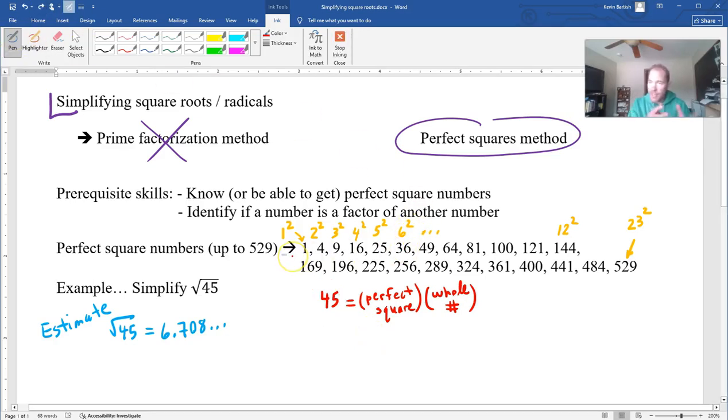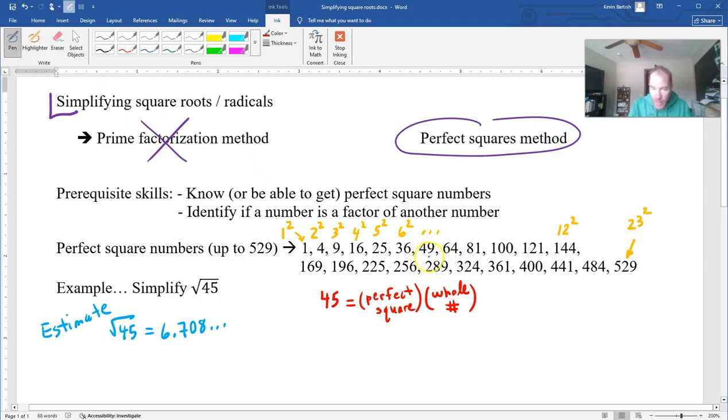So I look at my list of perfect squares, and now comes the other prerequisite skill: how can I tell if 400 is a factor? Can I do 400 times a whole number to get 45? That's called finding if it's a factor. Well, here's the trick. First of all, we don't have to check numbers that are bigger than 45. So I don't have to check like 400. No, because 400 times 0 is 0. 400 times 1 is 400. We've skipped over 45. So I only have to check the numbers that are less than or equal to 45,